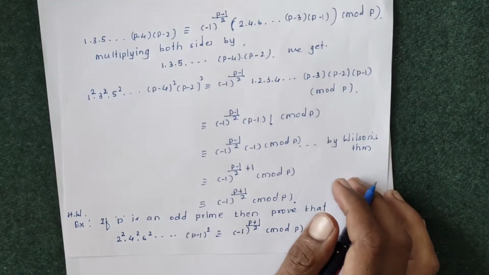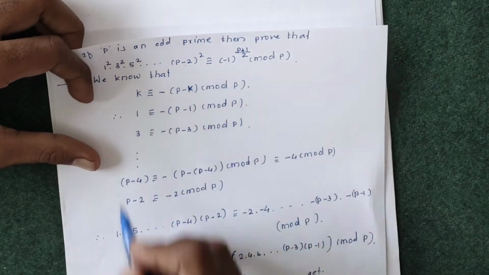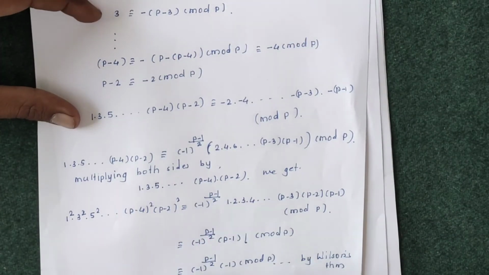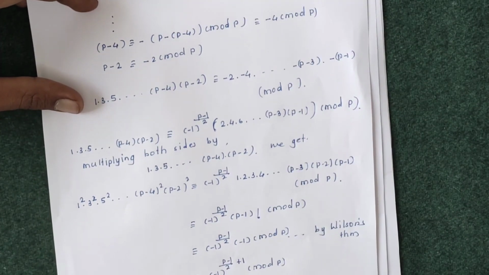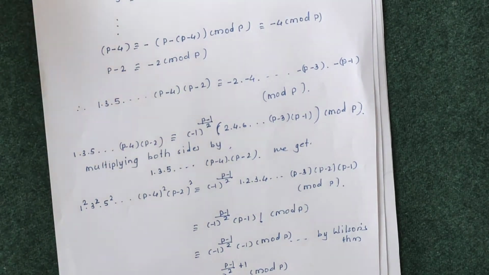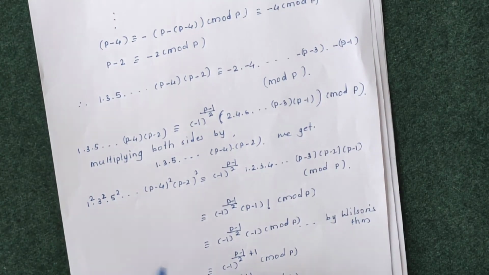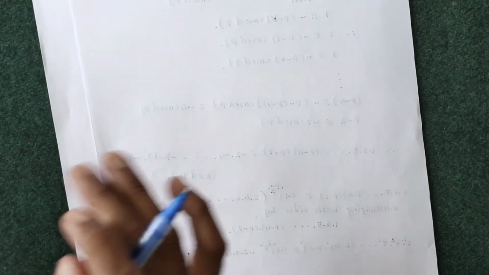In the same manner, using this congruence and multiplying again and again by this number, you will get the same answer. Now, the next example is, prove that,